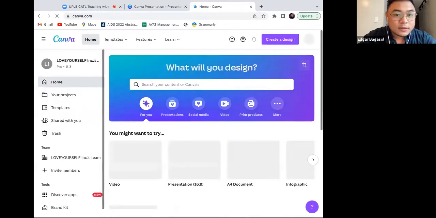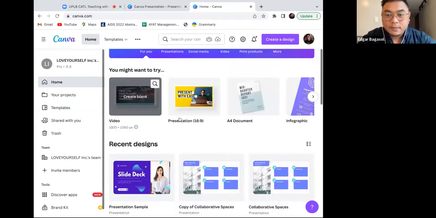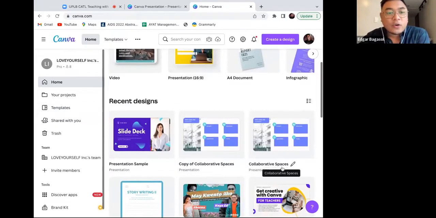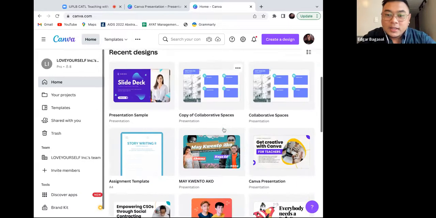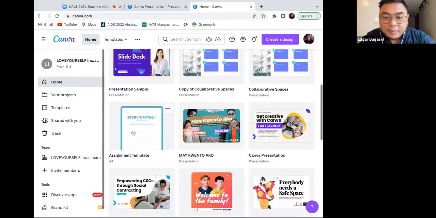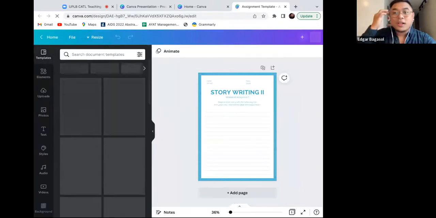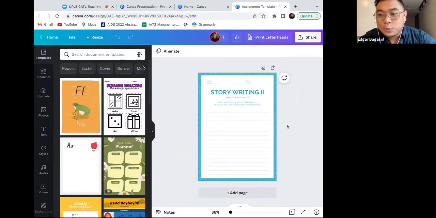Then, I'll go back to there. So now, paano naman tayo nagpa-facilitate ng assignments or paano tayo pwedeng magbigay ng assignments using Canva? So I'll show you, it's very easy. I have already prepared an assignment template for this. So for example, you ask your students to write an essay for a particular topic. So you can provide them the template. And then you can share this to a group or to your class by